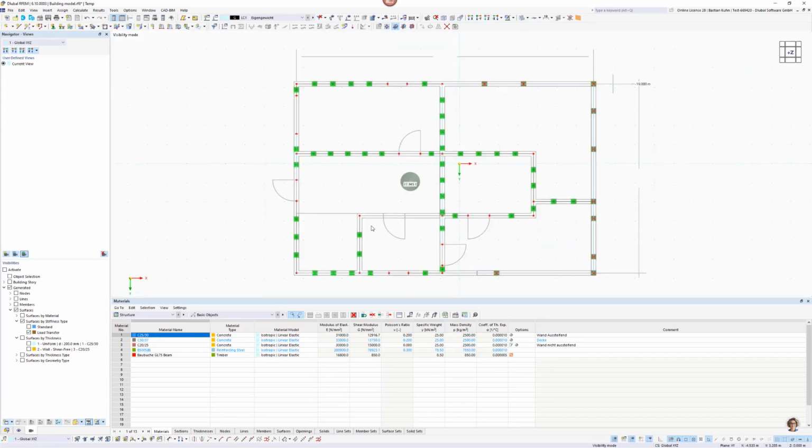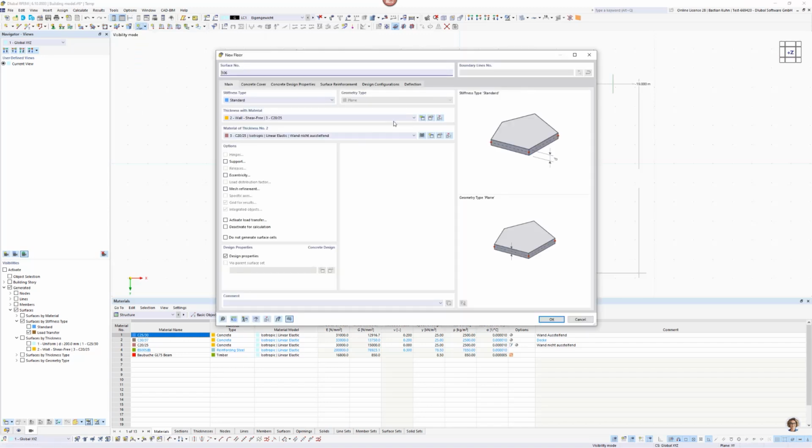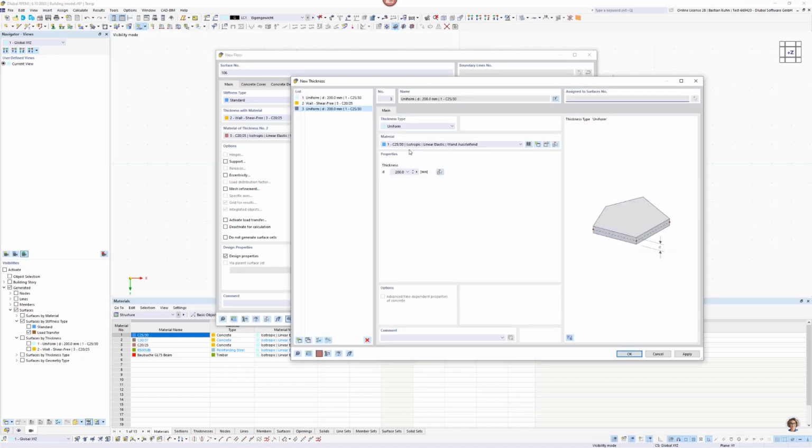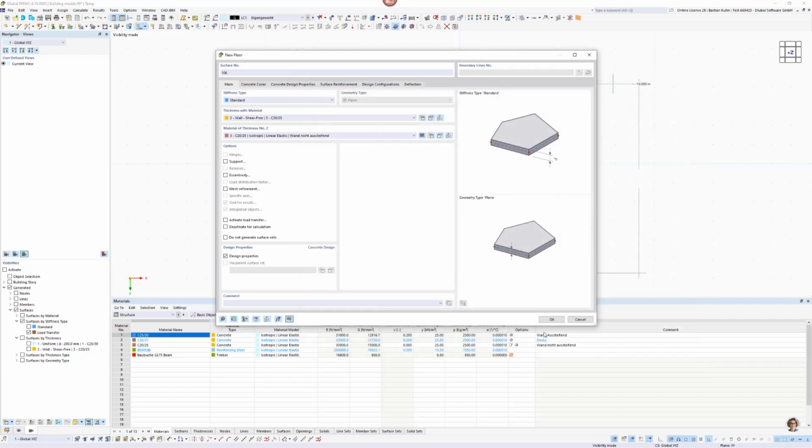Okay, we go back into the Z direction. Well, we could have also looked for the supports there. That would also be possible. And the last part is the modeling of the floor. Well, we choose it rectangular to keep it simplified and define a new thickness, uniform, floor with a dimension of optimistically 250 millimeter thickness,